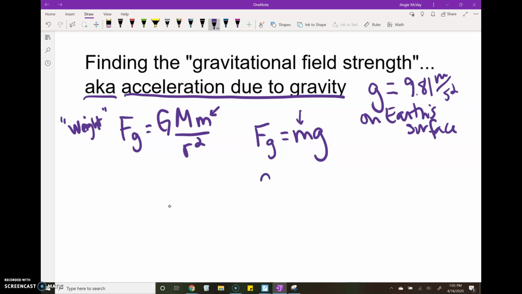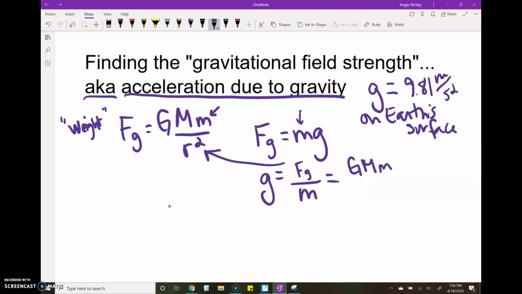So we can actually say, by solving this equation, gravitational field strength equals Fg over m. Okay. Gravitational field strength equals weight over m. Right? And if weight is this, we can say